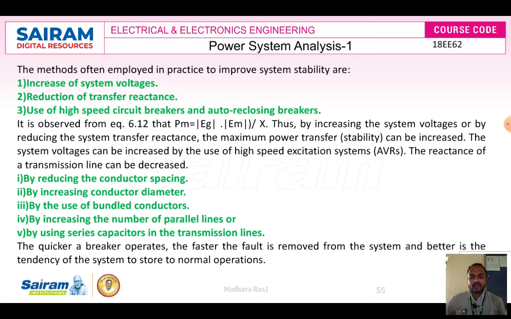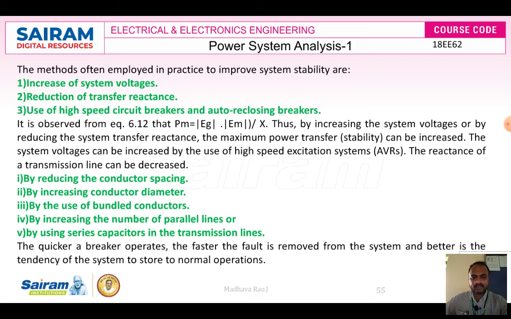The quicker a breaker operates, that is, the less time taken by the breaker, the faster the fault is removed from the system, and the better is the tendency of the system to restore to normal operation. So, these are the techniques, these are the methods to improve the